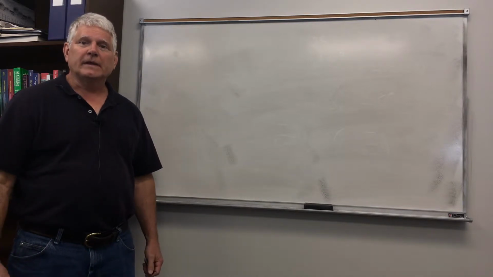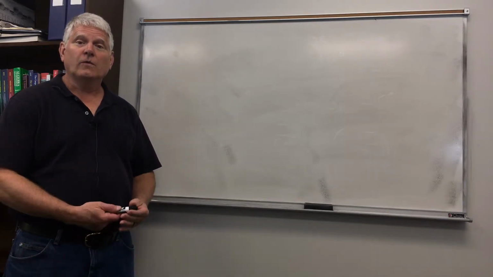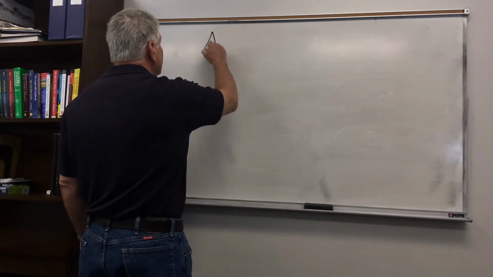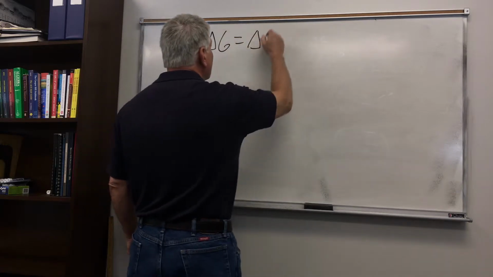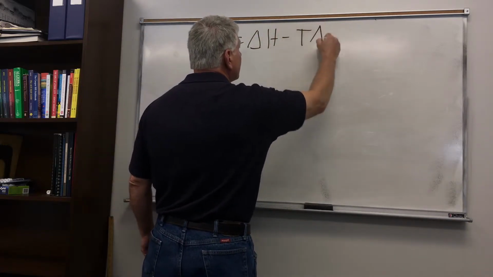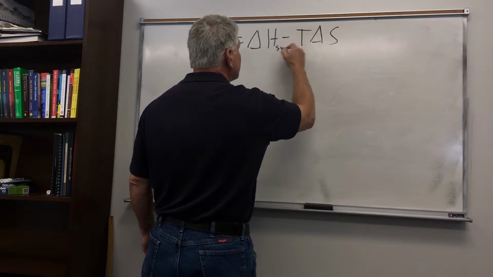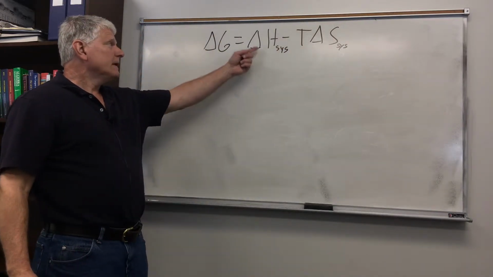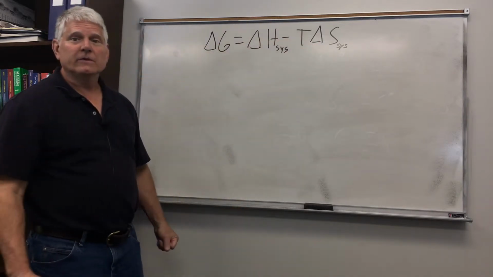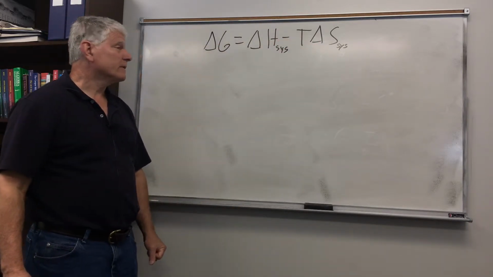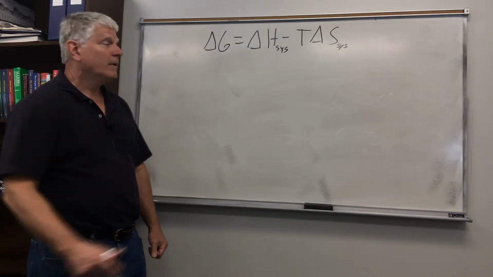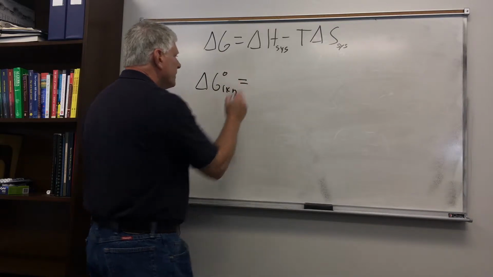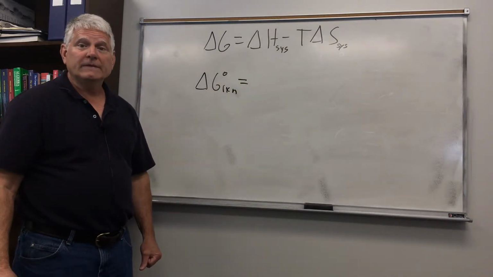Now let's look at how we can calculate the Gibbs free energy for a particular process. So remember, the Gibbs free energy is equal to delta H minus T delta S for the system. And if we know the enthalpy and the entropy changes and the temperature for the process, we can calculate delta G. But we can also use the fact that, say, for a reaction, we can define delta G formation, similar to